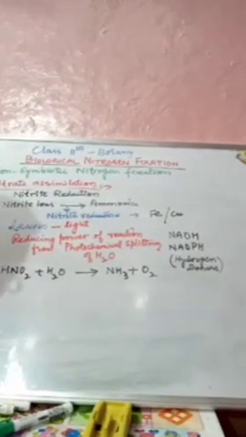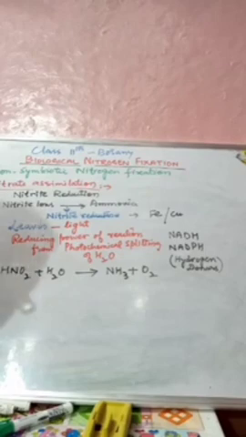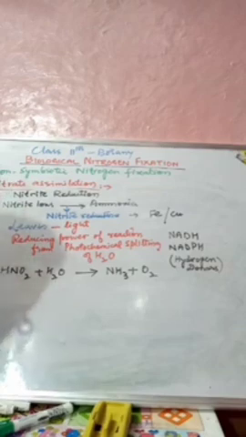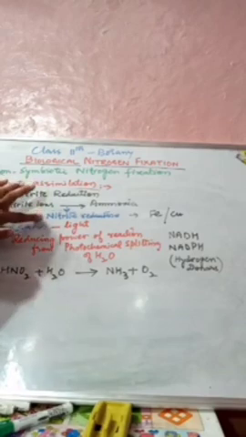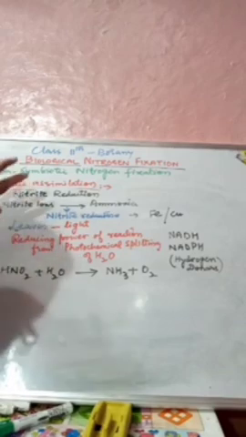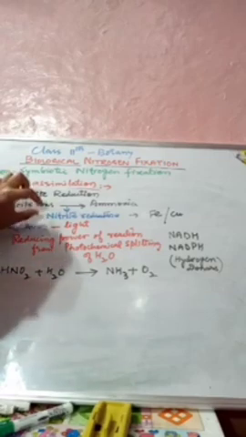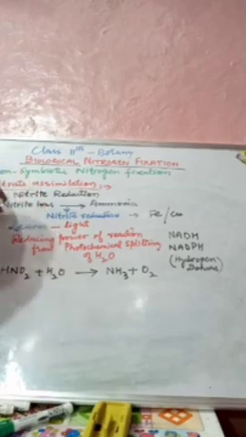this biological nitrogen fixation, specifically non-symbiotic nitrogen fixation, and it is shown by various aerobic and non-aerobic bacteria, by the cyanobacteria, and by the fungi. The whole of this process takes place in two steps. First one is nitrate assimilation, nitrate reduction. In nitrate reduction, the nitrate is reduced to nitrite by means of the enzyme nitrate reductase, and molybdenum in the enzyme acts as an electron carrier. In the second step, the nitrite ions get converted, they